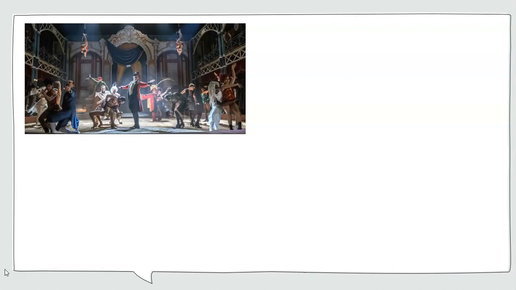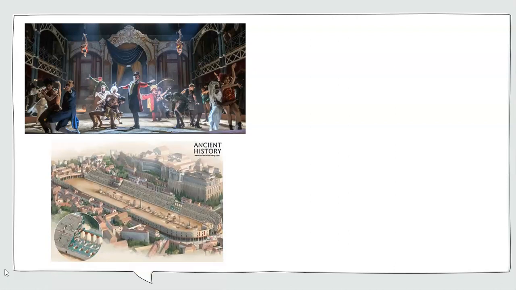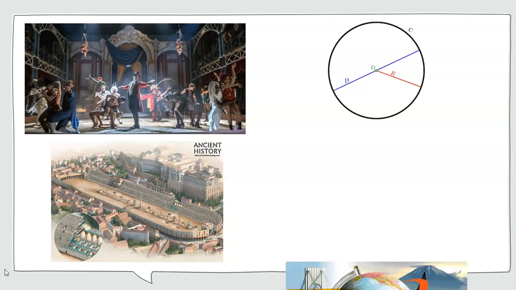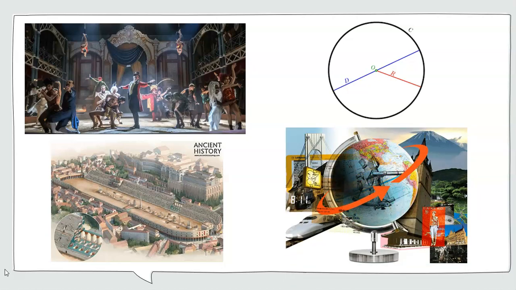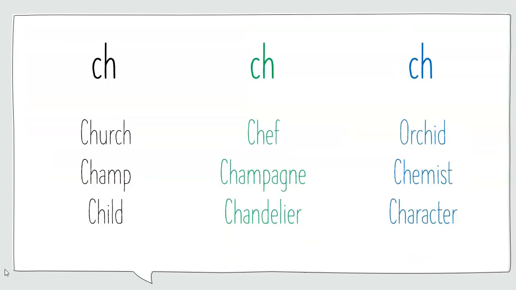So I might study circus in drama or English, where I have an idea of a circus as being set up in a big round tent. Then I've got ancient history, where I might be looking at the Romans and their circus. Then I've got the idea of a circle, which I do in maths and science. And then I've got circumnavigation, which I might do in history and geography. So etymology allows us to make connections between all of these different terms, all of these different words, and the subjects that they apply to.